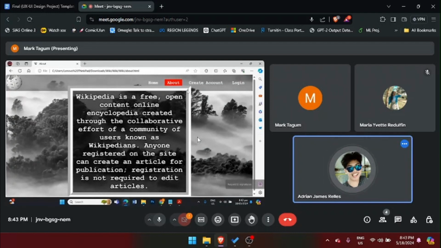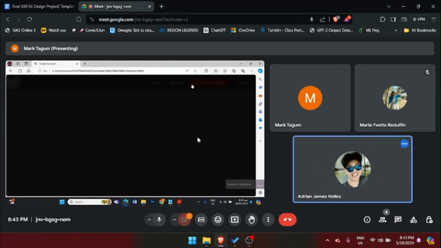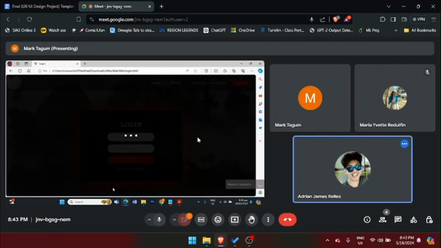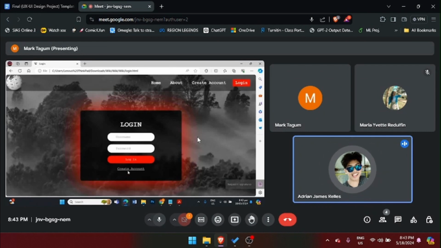Then if you click create account, this register or create account web page will appear. If we click the already have an account link, it will direct to the login page.